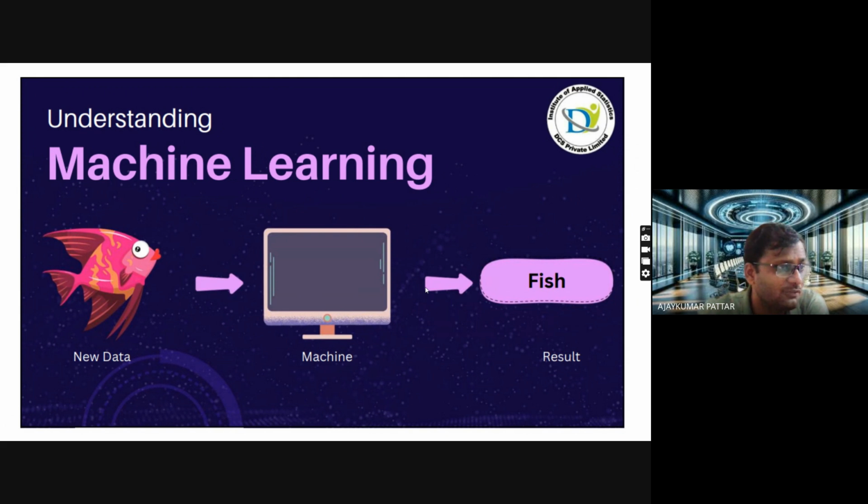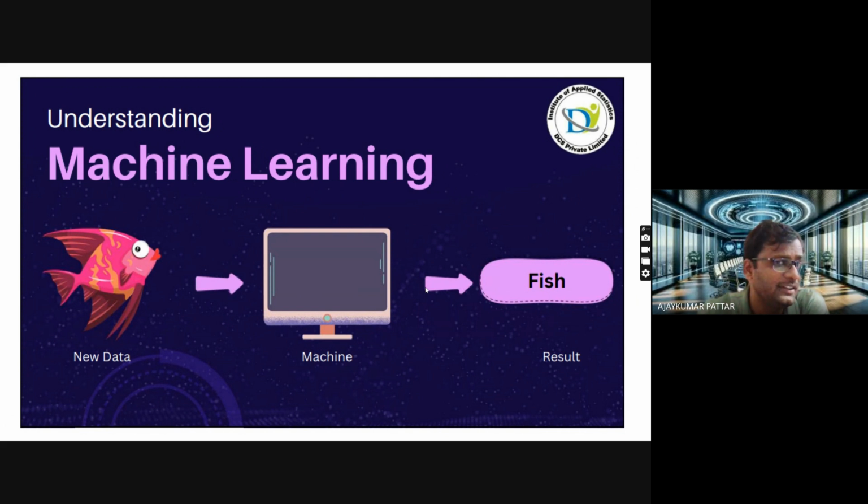So the machine identifies or creates its own patterns and algorithms, and it starts identifying new data just like a human being.